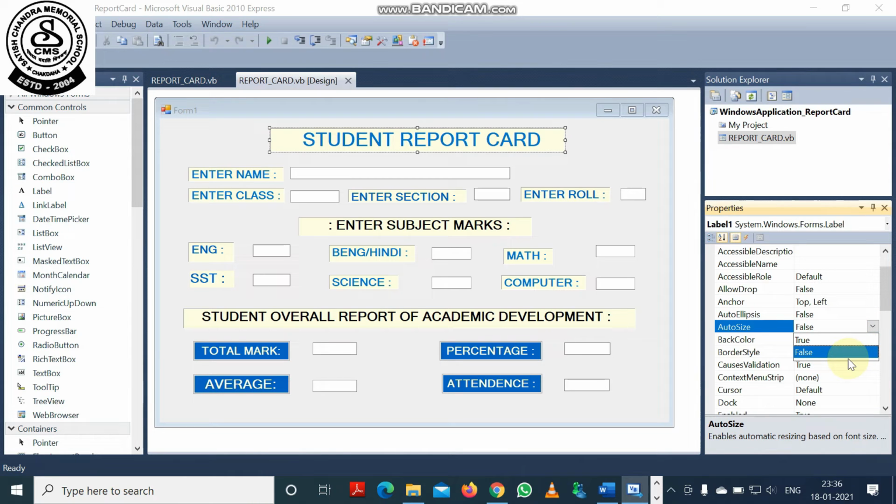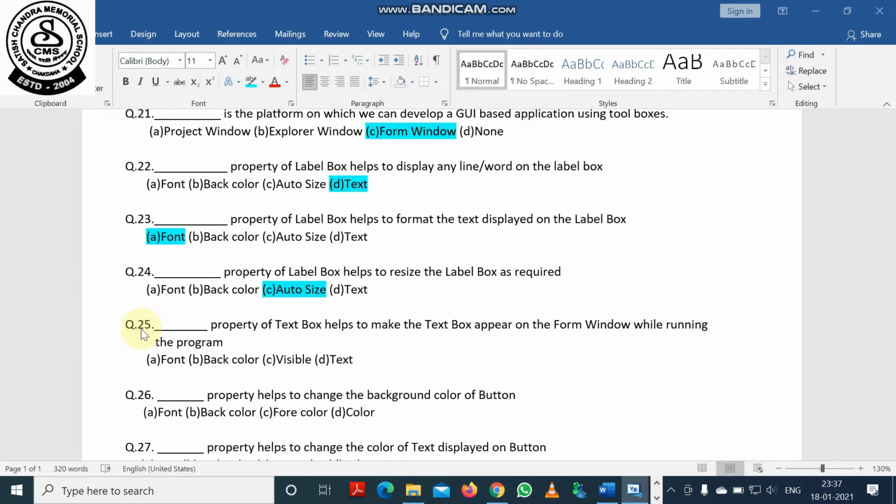But we need to make it false. False means that the label box will be resized according to our choice. So auto size is the property by which we can resize the label box.